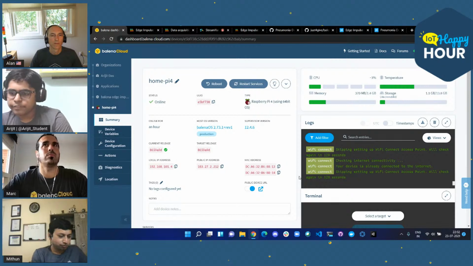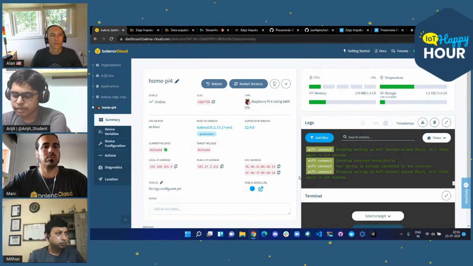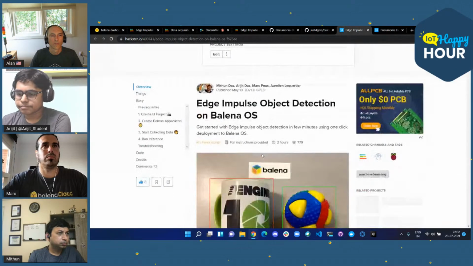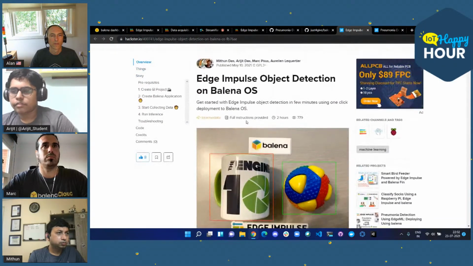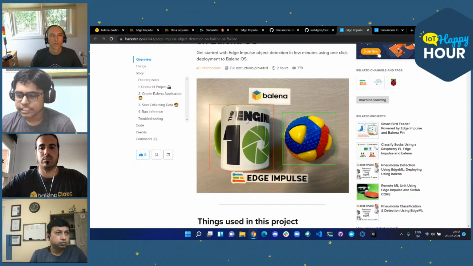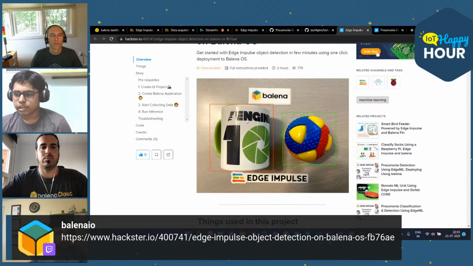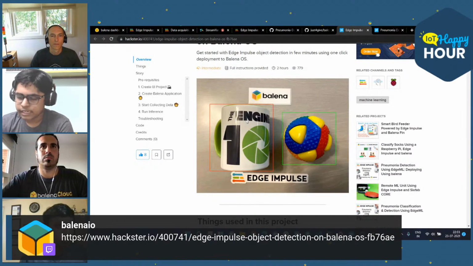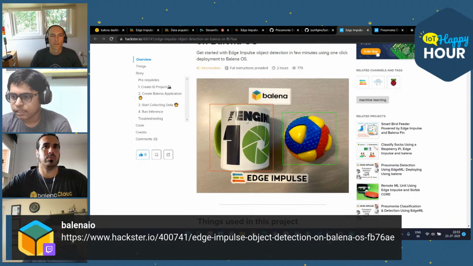For this example, we will not be using the WebAssembly file that I had used previously, but instead the new project, with the help of which you can get the Edge Impulse Linux SDK to run on Balena, and which then runs on top of Balena-based devices such as the Raspberry Pi and other single-board computers.